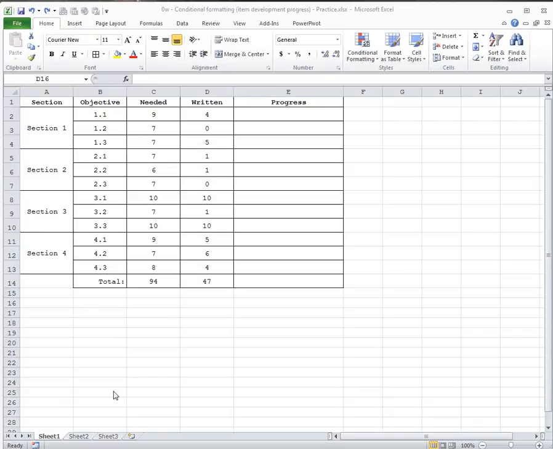Okay, let's do another example with conditional formatting. In this case, let's say I'm running an item writing workshop and I have a set of item writers creating items according to this needed column. We need a certain number of items to meet each of the sections and objectives of the test. We have a certain number written so far, and I want to be able to show the group how